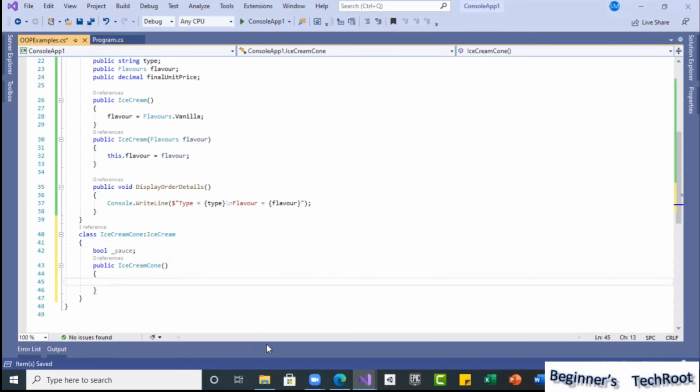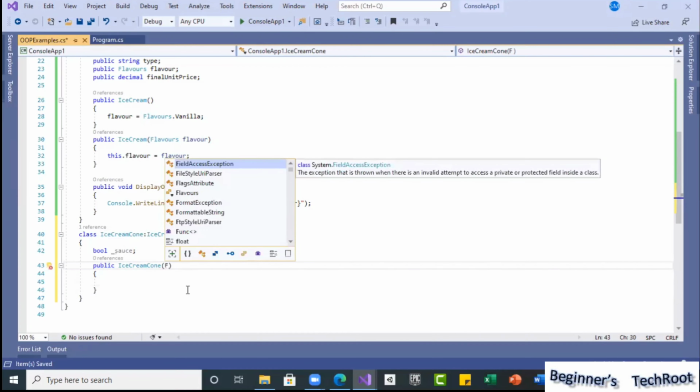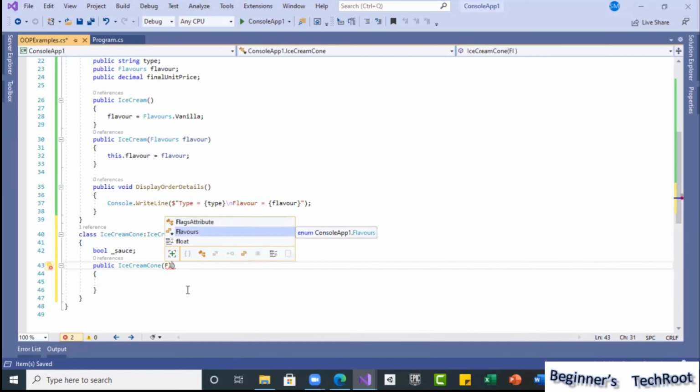We have additionally given a choice for a sauce. So we want to take the flavor and whether they want any sauce or not. Like that, basically we can take it. Even for the sauces we can give choices, but so as not to make it too complex, I will just take whether the sauce is required or not. Like that I will take a bool, so that we can make the concept understood very well.